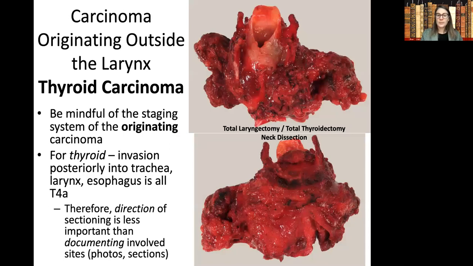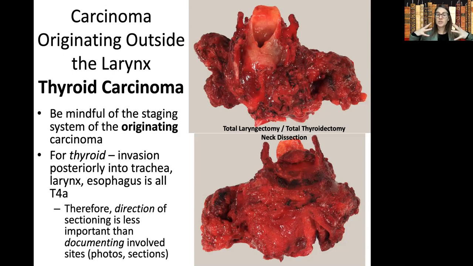So thyroid carcinoma, always be mindful of the staging system of that originating carcinoma. For thyroid, invasion posteriorly into the trachea, into the larynx, or even into the esophagus, all of it is T4a. So once you get this specimen, the stage is already there. In most cases, staging is going to be less important. Therefore, direction of sectioning can be done however you like. Most important is just going to be to document the subsites that are involved, of course, by both your photographs and your sections. In this case, we have a very large specimen, which is a total laryngectomy, a total thyroidectomy, and